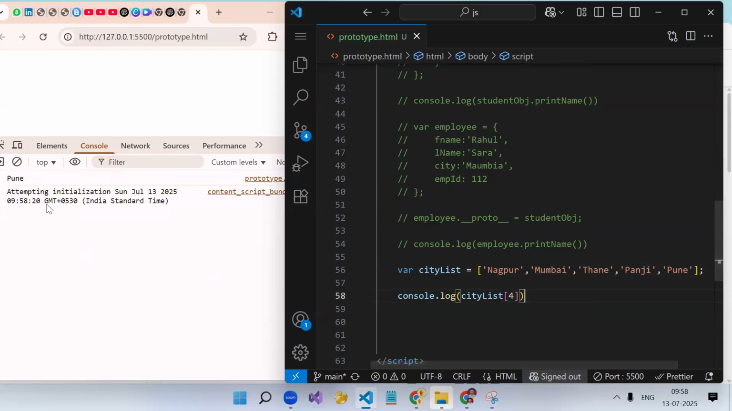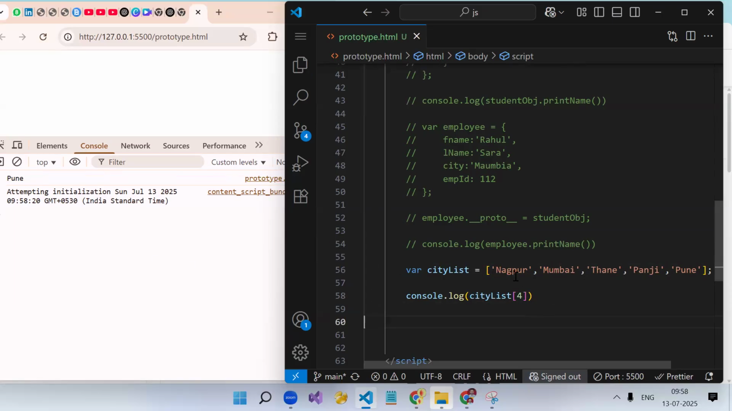Okay? You will get Pune. But if you don't know how many elements you have, then you cannot hard code this number. Let's say this variable value is going to change from multiple places. So how can you know this number? Obviously you cannot. So what you need over here is the last position. So city list